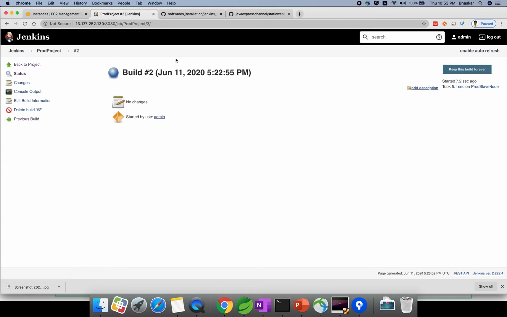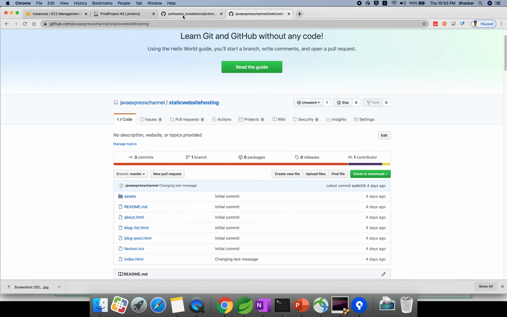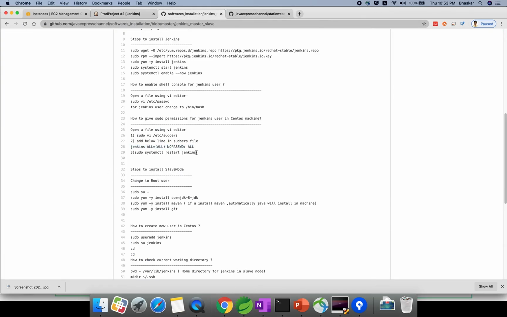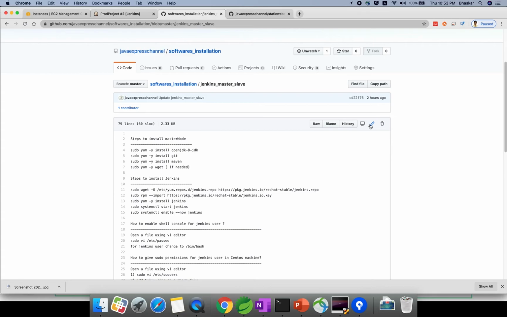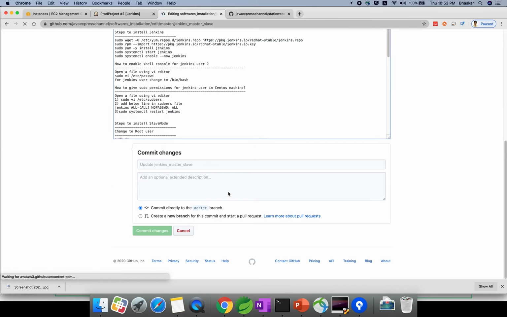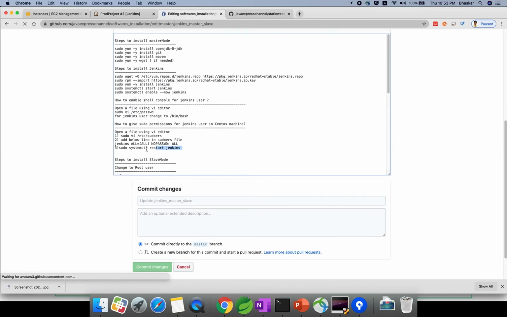See here, I need to change my text file. Why? Because this is specific for our master node. So if it is a slave node, you no need to give. Just I'm go and editing this particular option. How to give sudo permissions to the Jenkins user in the CentOS machine, right?